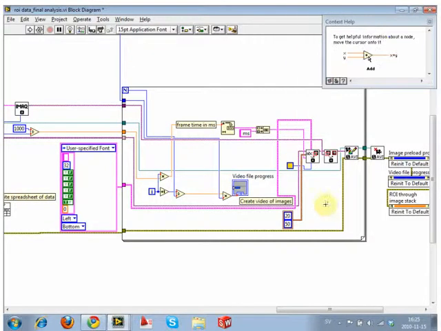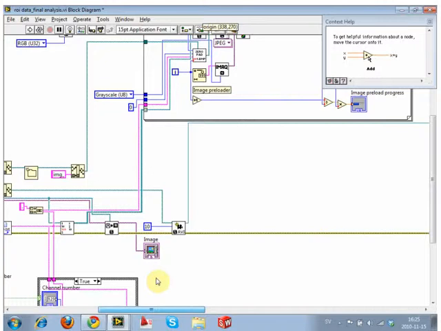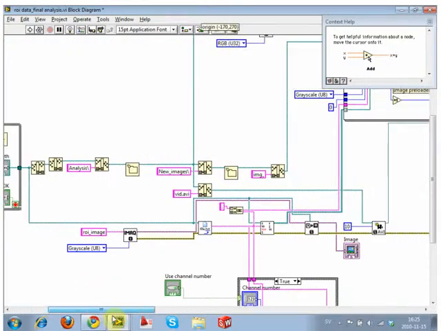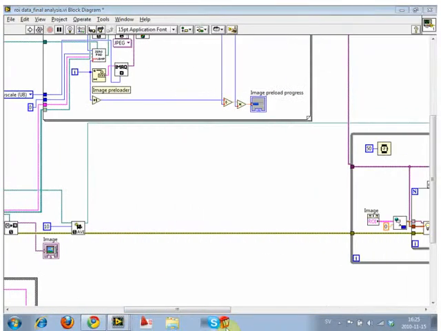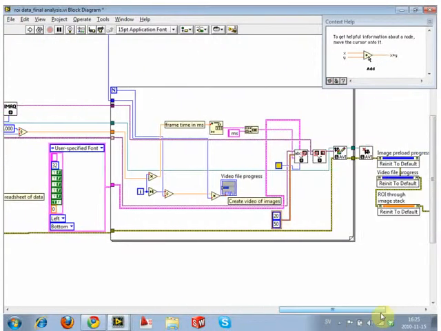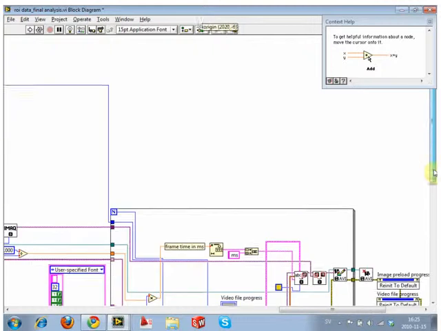Okay, I don't think we've got anything else to cover in this VI. Is there any questions on these modifications to this program? What's the last thing? Okay, so